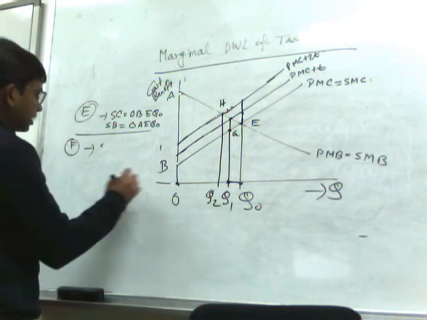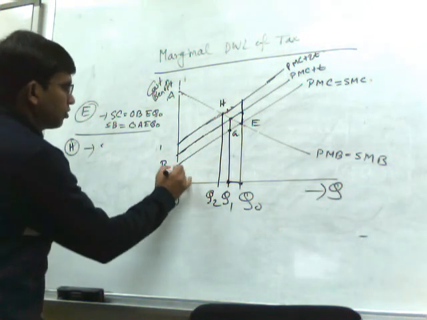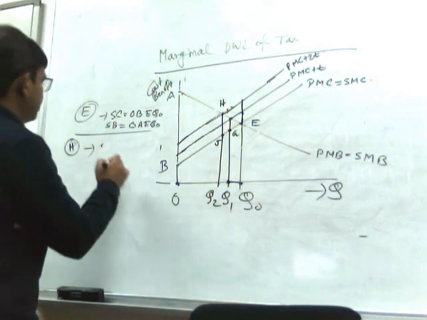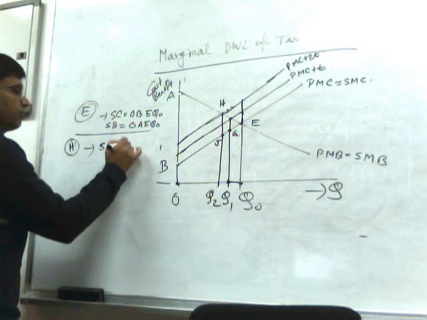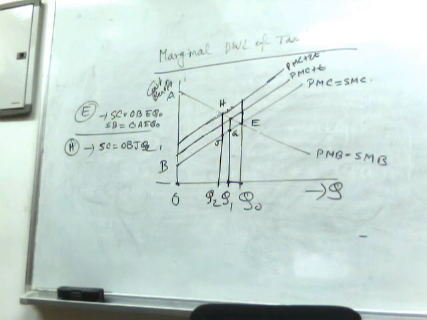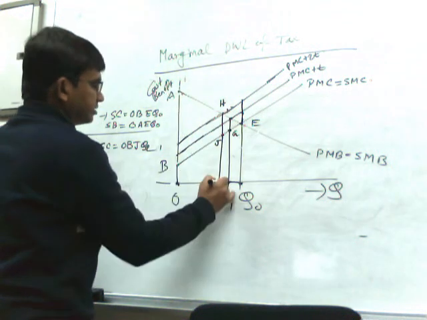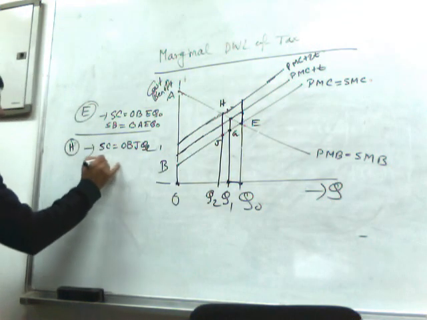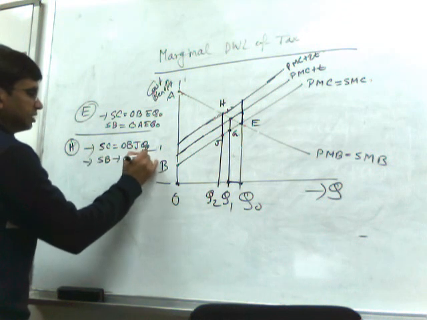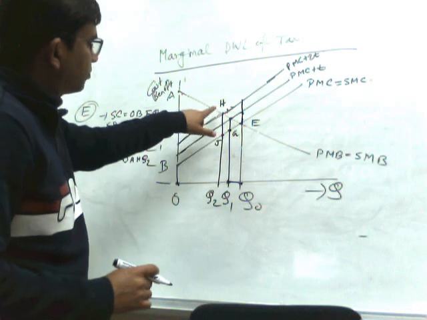So at H, what is the social cost? Social cost is O, B, J, Q2. So SC equals O, B, J, Q2. And what is the social benefit? Social benefit will be O, A, H, Q2. So social benefit equals O, A, H, Q2. So if we compare, moving from point E to point H, what is the declining